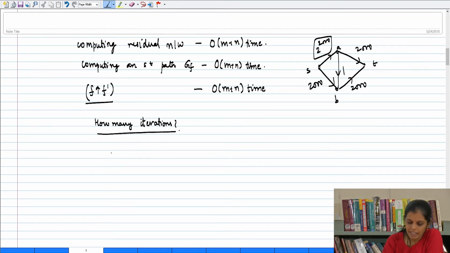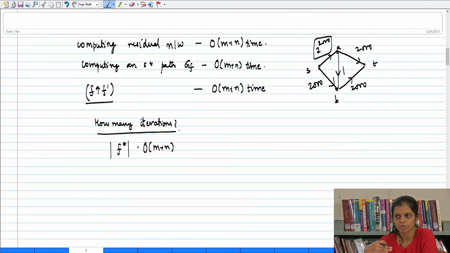So what we can clearly say is that if f star was the max flow in the flow network, and this is the value of the flow, the max flow, that is value of f star, then f star into order m plus n is a valid running time, right? Because you cannot take more than f star into m plus n. Each iteration of Ford-Fulkerson method allows you to increase this thing. So this is a little imprecise. You have to say that on